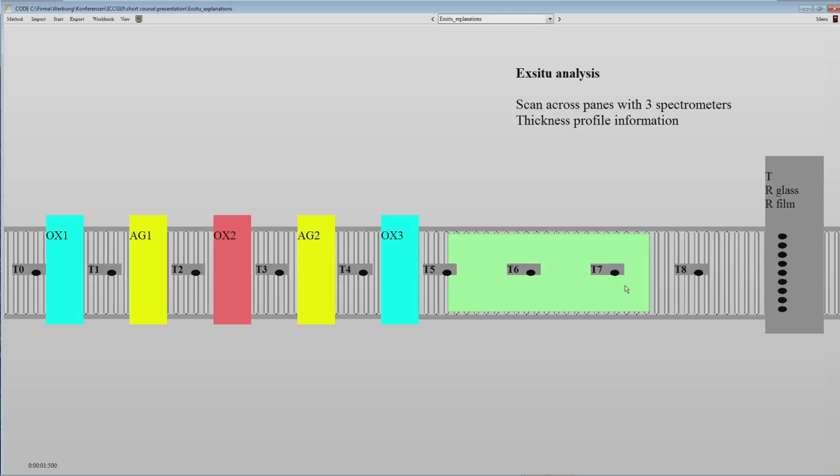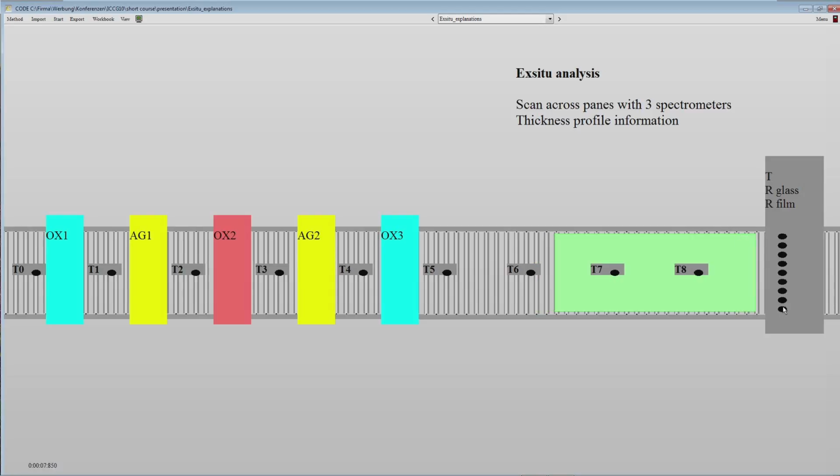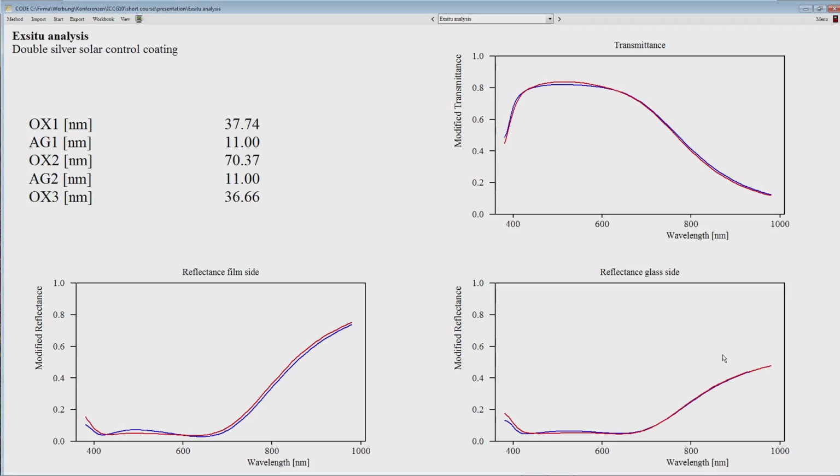Okay, let's take a look at the ex situ traverse measurements. Here, this is now the first chance that we get information about position-dependent coating properties. And what you get typically are 3 spectra, hopefully in the same quality as we have discussed up to now. And if you have a double silver coating, you have basically 5 thick layers: base oxide, center oxide, top oxide, and the 2 silver layers. And if you do the fitting